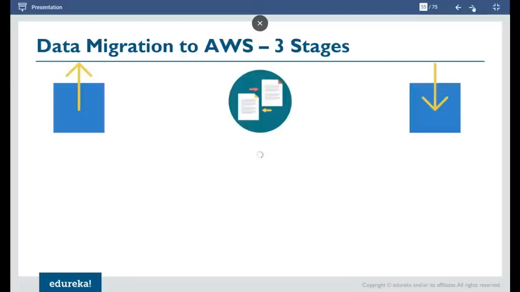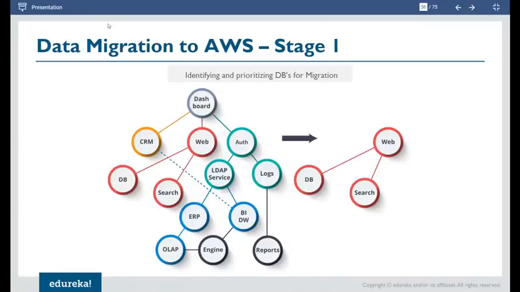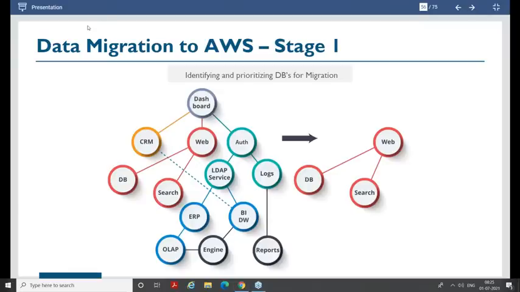Even in databases, there are 3 stages: pre-migration, migration, post-migration, because it is still your infrastructure. So the phases will remain the same. In your pre-migration stage, you identify which application you want to move. And here you also identify that if you're moving this application, the relevant DB associated with it will also obviously get migrated.